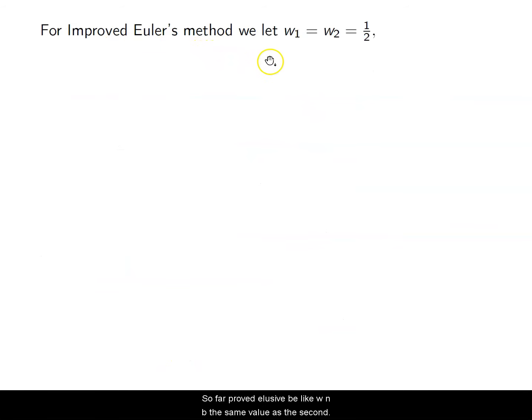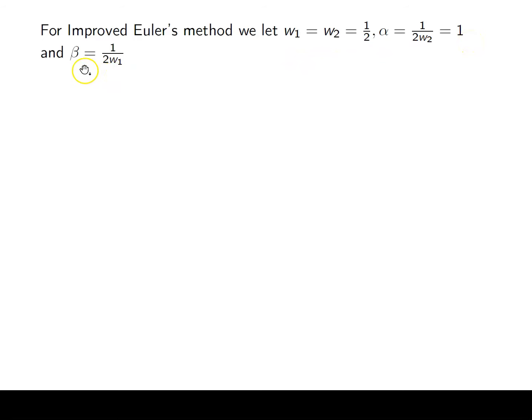For improved Euler's, if we let W1 be the same value as the second weight, equal to 1/2, so I'm splitting them both in half, I get a value of alpha of 1 over 2 W2, which equals 1. Two times 1/2 gives us 1, so that's 1 over 1. Beta will be the same thing, so that's also 1. So my K2 function is